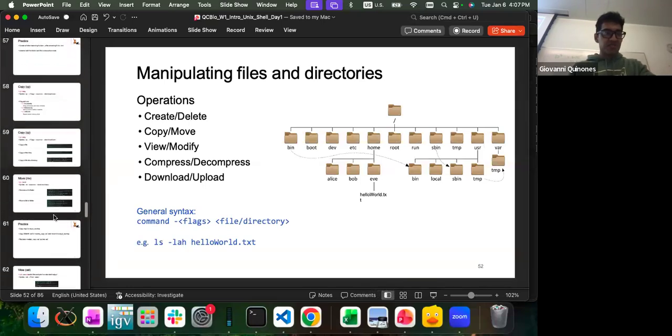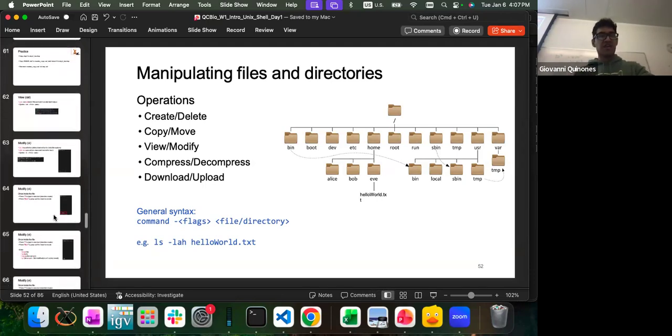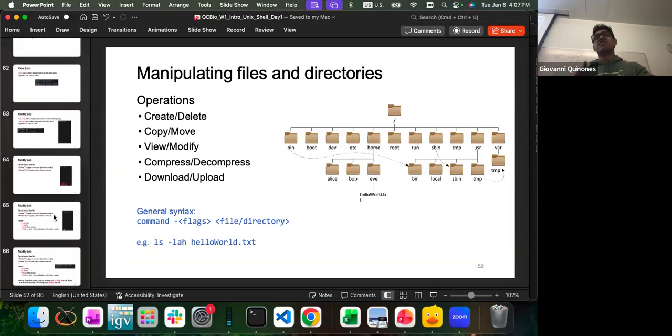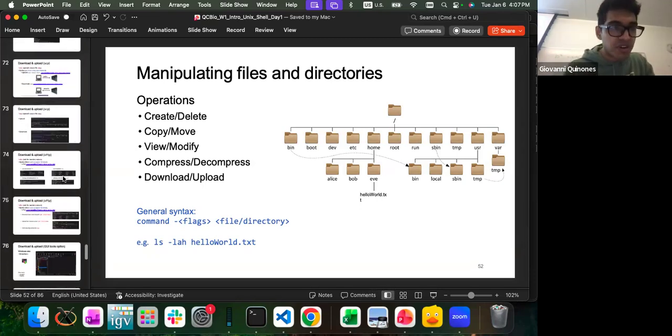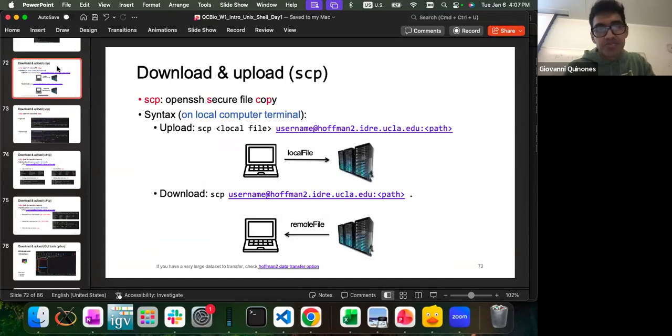That's the material for today. Now, before I let you go, there was one more thing about file transfer. None of you have Windows, right? So we don't need that part. But we're also going to talk about transferring files back and forth from your computer to Hoffman and the other way.